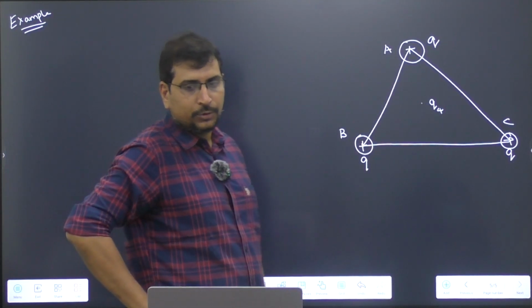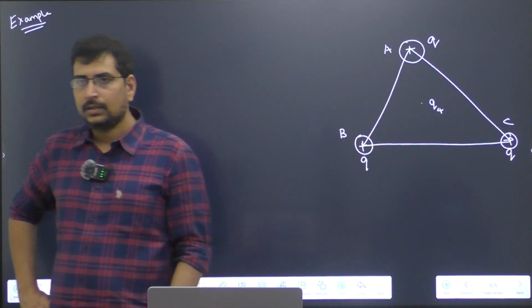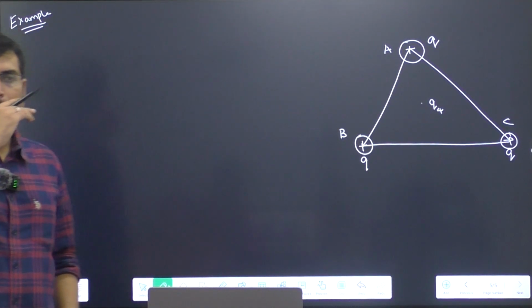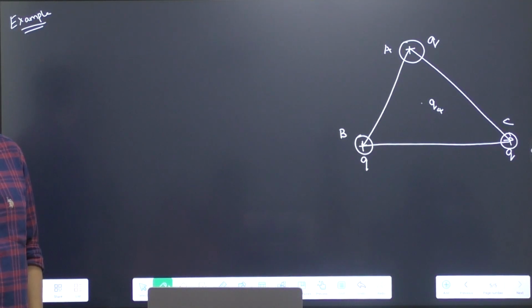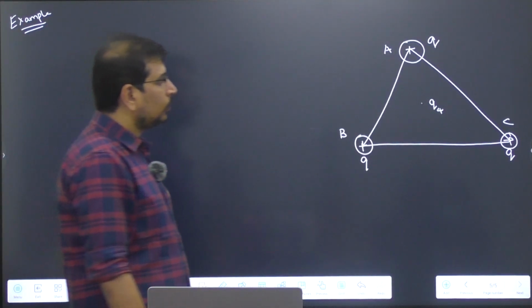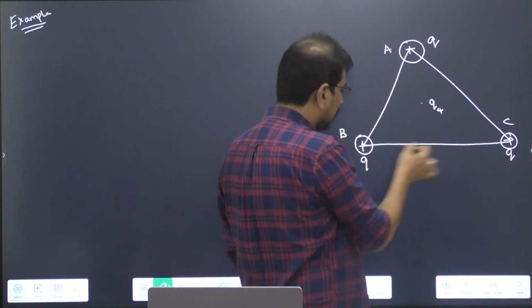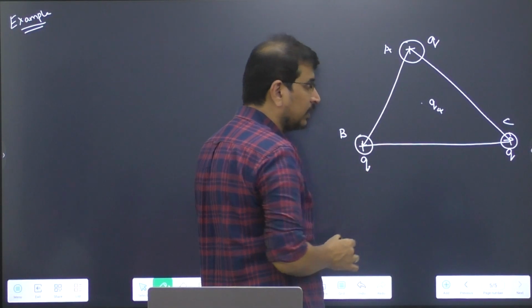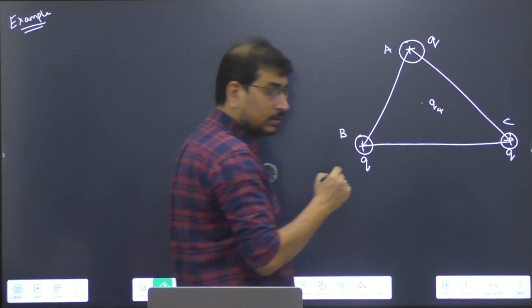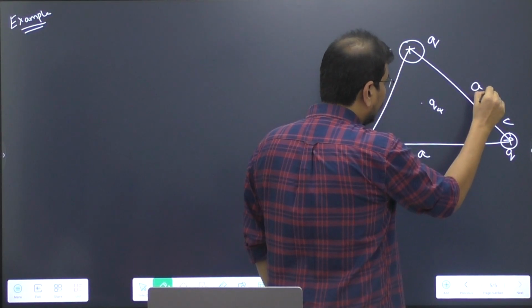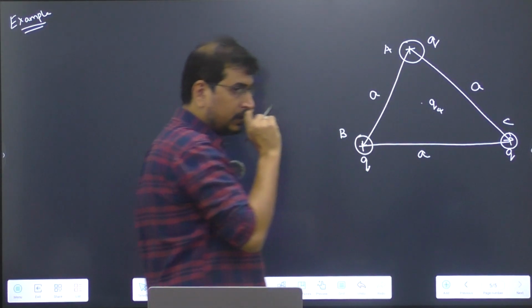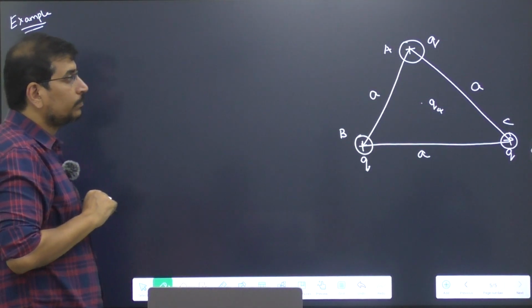Logically, it should be zero. So how are we going to prove it using the principle of superposition? Okay. So what are we trying to do? We have 3 charges of equal magnitude placed at the vertices of what triangle? Equilateral triangle, A, B and C. Okay. Now,